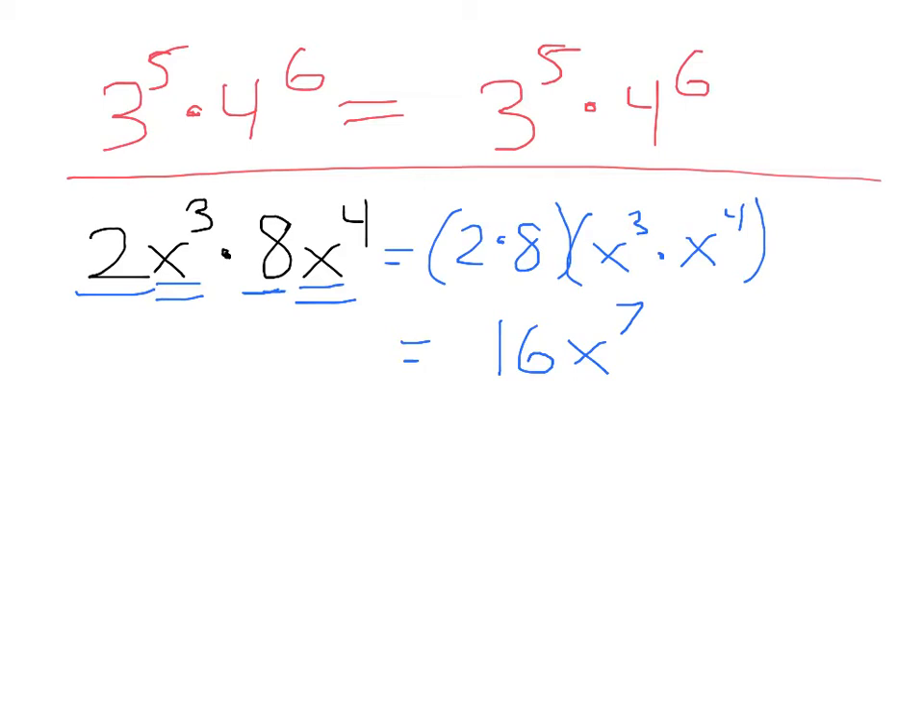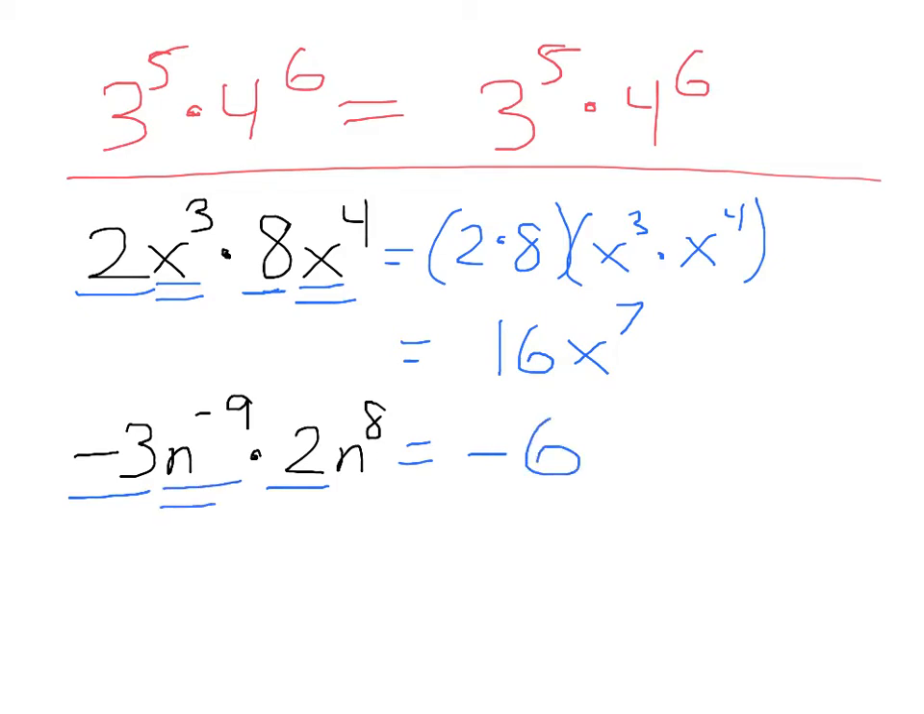So take a look at this problem, and we're going to work through this one together, and then I'll give you a few to do. Negative 3n to the negative ninth times 2n to the eighth. Now, when you do this again, I can multiply, and I underline instead of doing all the parentheses work. The underlining is the exact same thing, and is showing your work, by the way. So if I multiply a negative 3 and a 2 together, I get negative 6. When I multiply n to the negative ninth times n to the eighth together, I get n to the negative